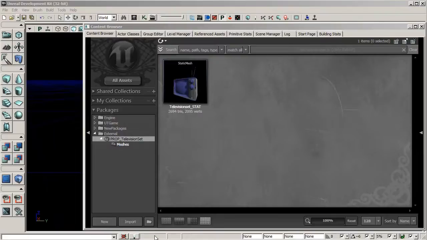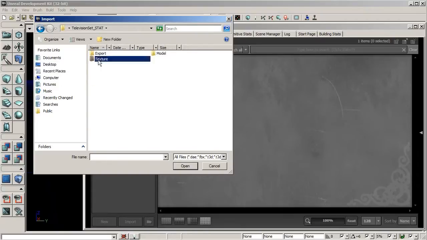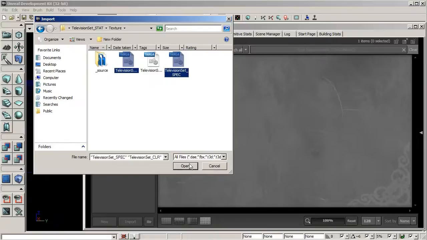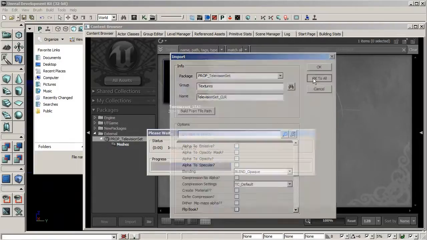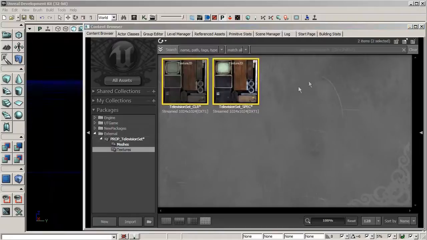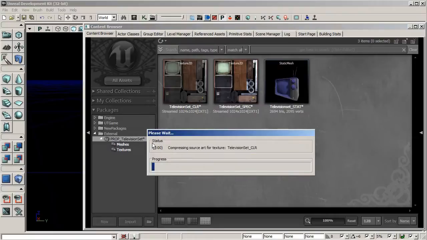Now we'll want to import the textures for this asset. So click on Import, and we'll browse to our texture folder. I'm just going to import the color and the specular map for now. I'm going to create a textures group. Click OK to all. Okay, so you see that put both textures in the textures group. I'll go ahead and save our package